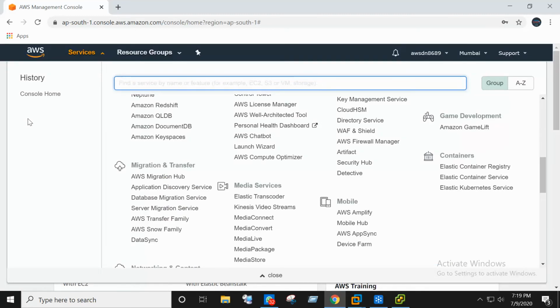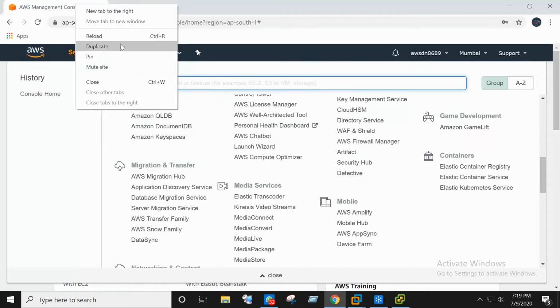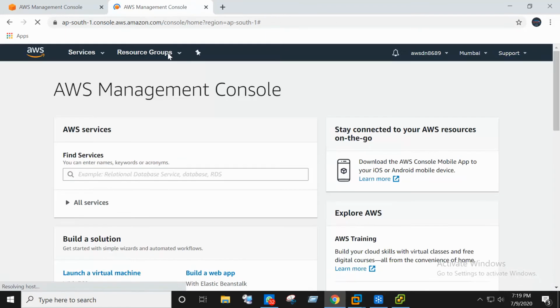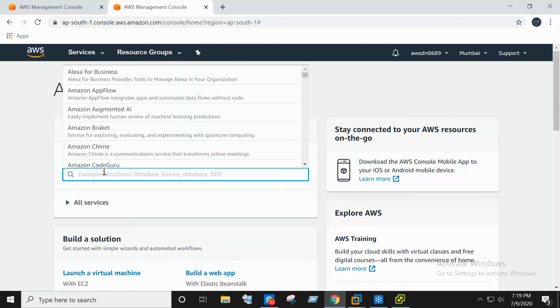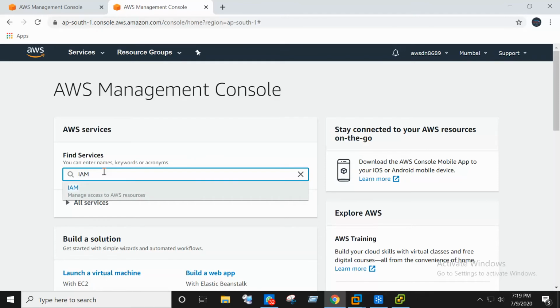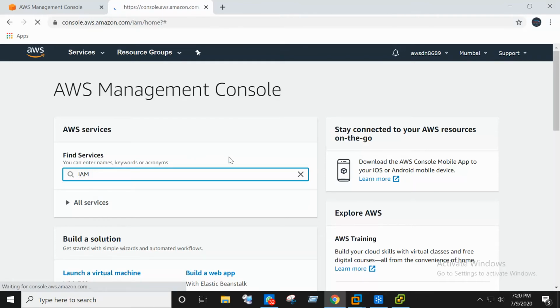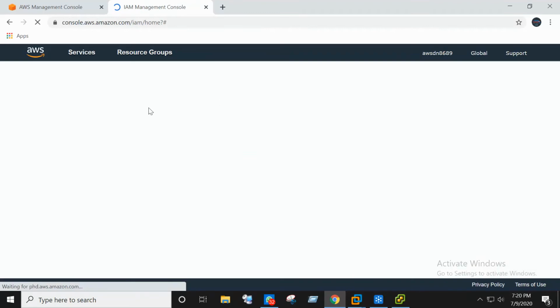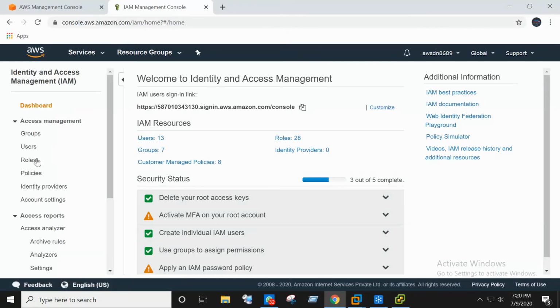So first of all, go to the IAM service. I'll duplicate the tab. Here type IAM, and we have roles.